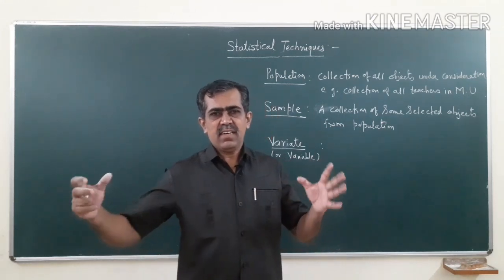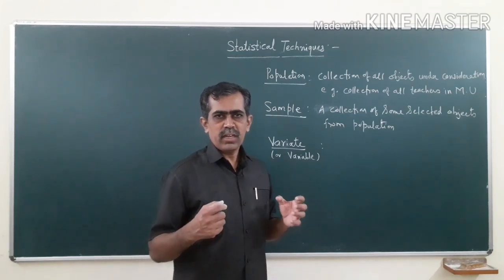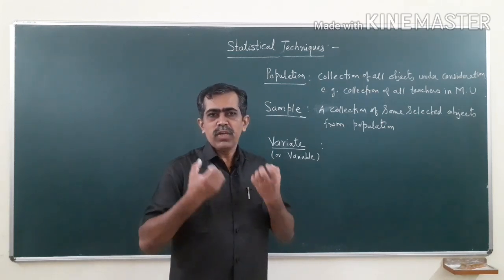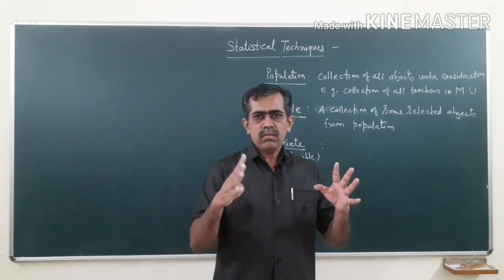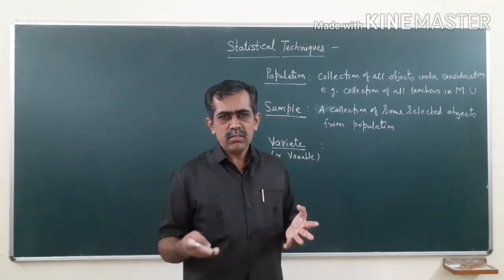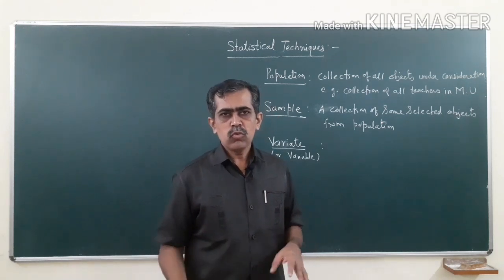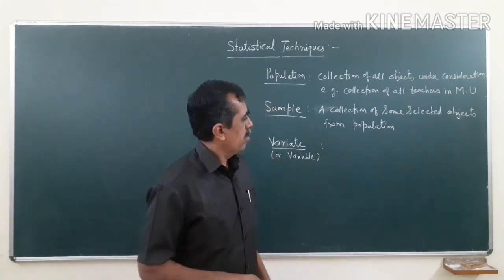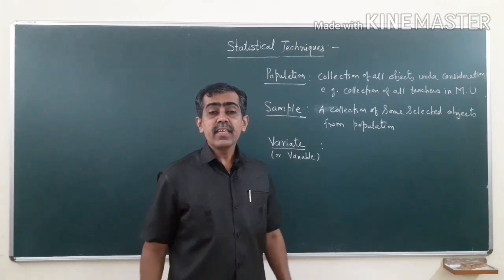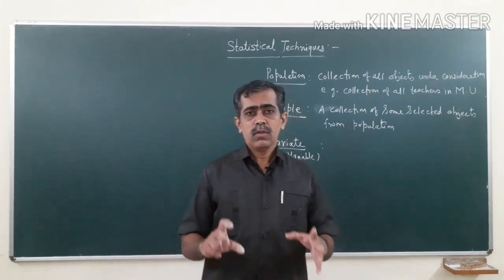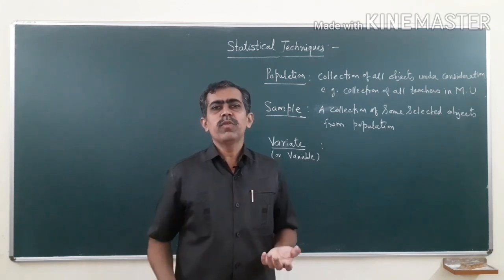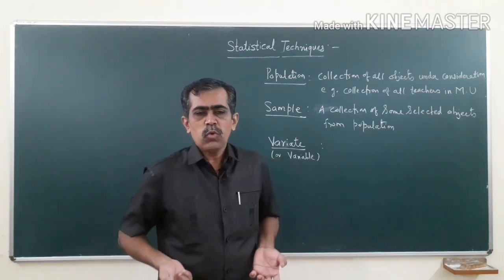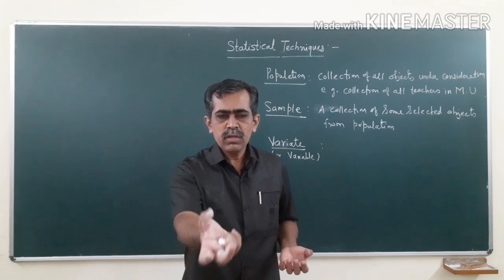All these are quantities which can be measured. How can we measure marks? In terms of a number. How can we measure, say, the number of students in a first year class? In terms of a number. So there are certain characteristics or qualities. Height is a quality of the human being. Age is also a quality of the human being. Marks is a quality of the student.